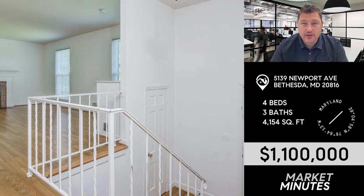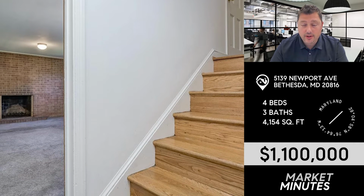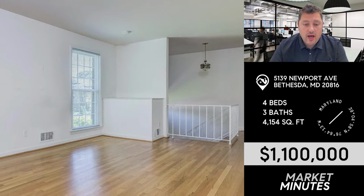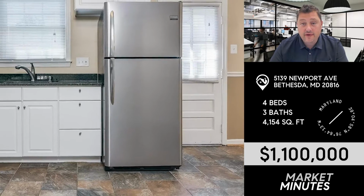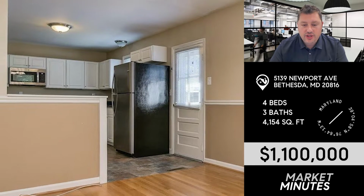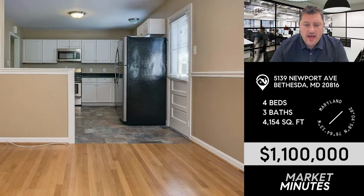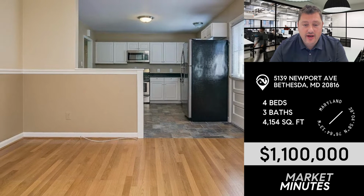I know that's nobody's dream, but we always talk about with these split levels and split foyers, there is big opportunity in these houses. They do offer more square footage than your typical box colonial, and this one's no exception. Really good main level space, nice sized living room, like the dining room. The kitchen totally needs to be redone, but it's a great footprint. You could put a huge island in that kitchen, change that formal dining room to more of an all-purpose eating area, and all of a sudden you have a really, really good sized living area